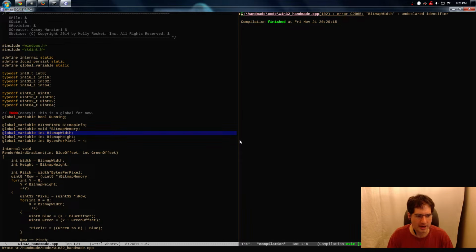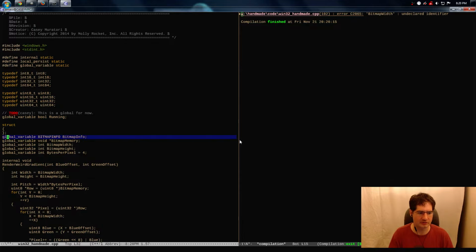But I would rather go ahead and bundle these things up into something that's a little bit more concise. Again, this is not for performance or anything like that. This is strictly because I would like to keep the code in a way that's a little more clean, a way that's a little more manageable, so that we can see easily, no matter who is looking at the code, exactly what had to happen for these bitmaps, for this off-screen buffer that we created that we're drawing to the screen every time, to exist. And so basically what I'm going to do is I'm just going to open a struct,